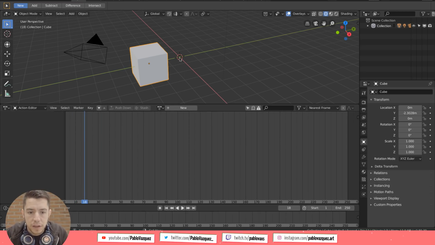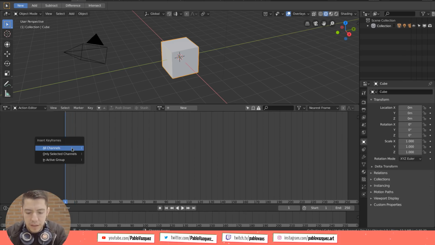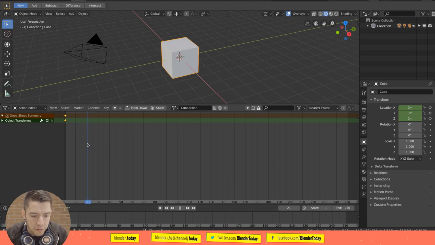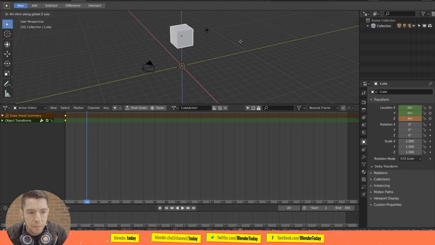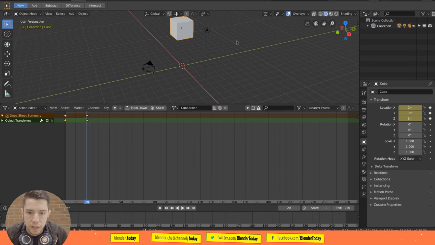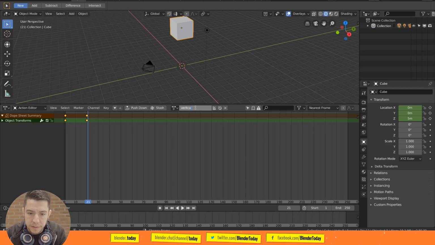Now it's gone. My cube stays there. I'm gonna delete the position, and I'm gonna add another animation. So I'm gonna insert the location. I'm gonna go to around the same frame, and instead of moving it horizontally, I'm gonna move it up around 5 units. Insert another location keyframe. So now I have 2 actions. One that I have moving horizontally, and now this one that I move up vertically. So I'm gonna name it vertical,